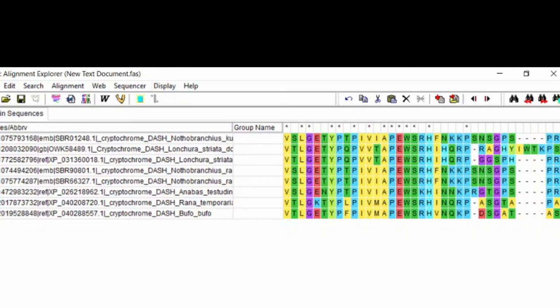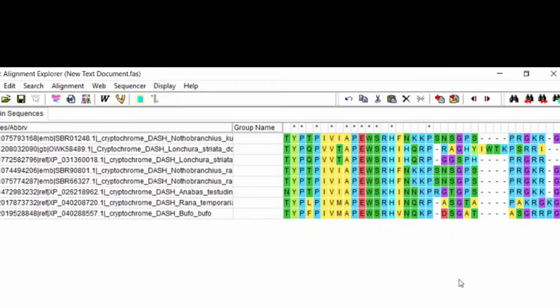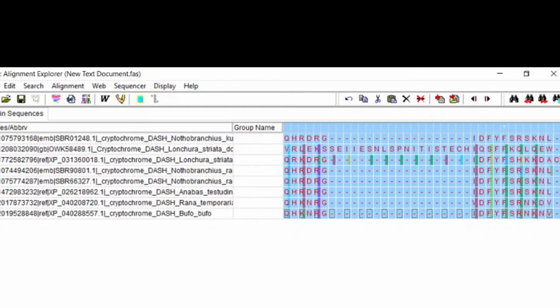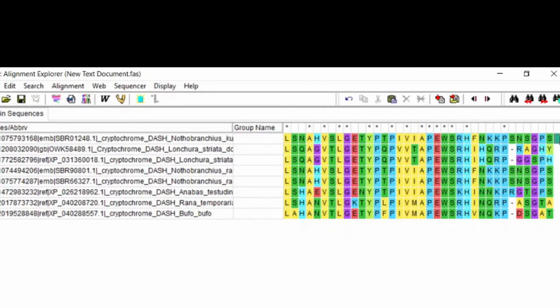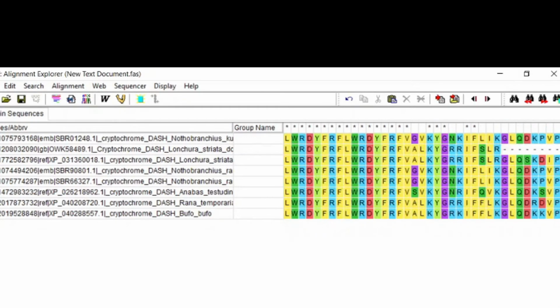So what we can do is trim the data from here. From here, the rest we will delete. Trimming is helpful because well-trimmed data helps when you prepare the tree.